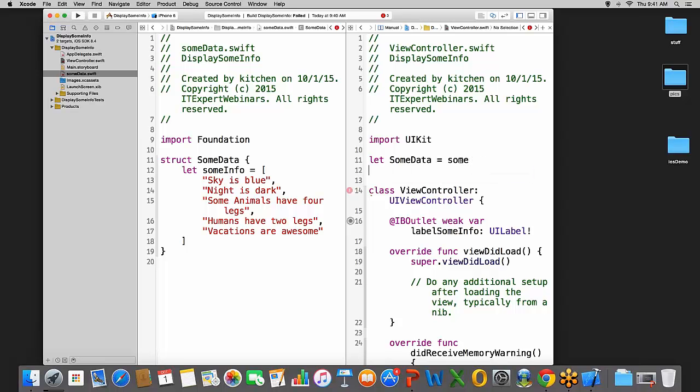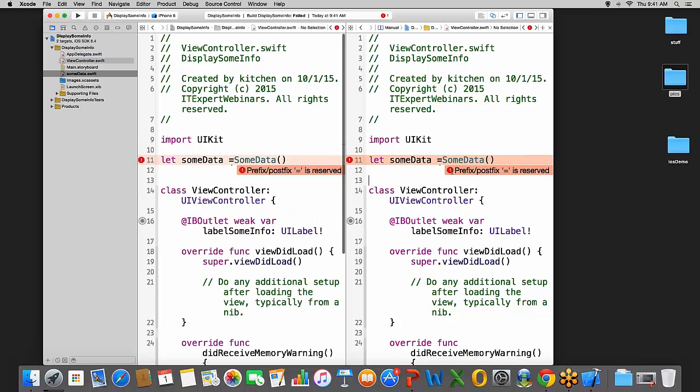My var in lowercase. Now, Swift is case sensitive, okay? So uppercase, lowercase makes a difference. When I run this, right? When I run this, and okay,